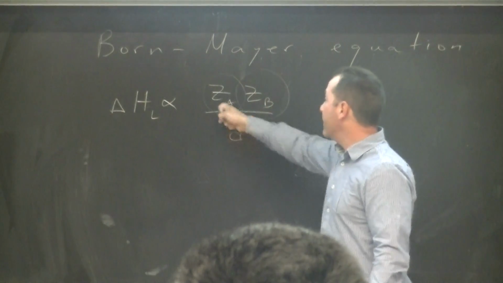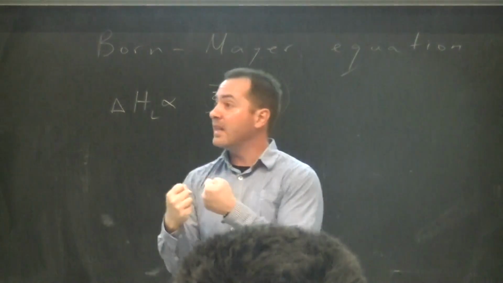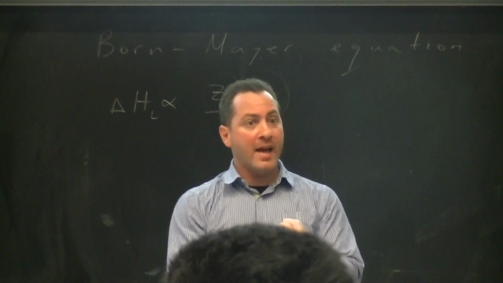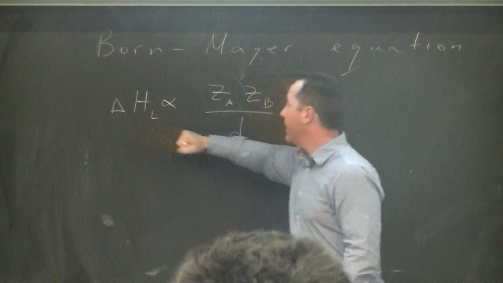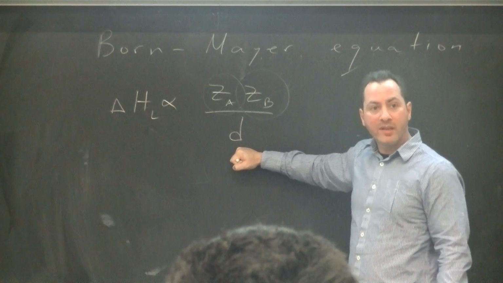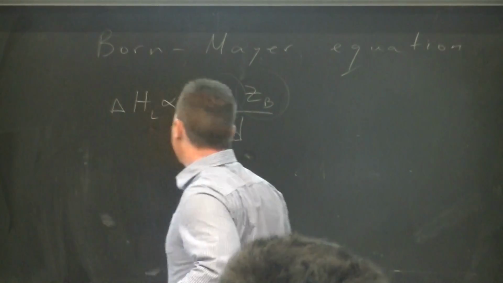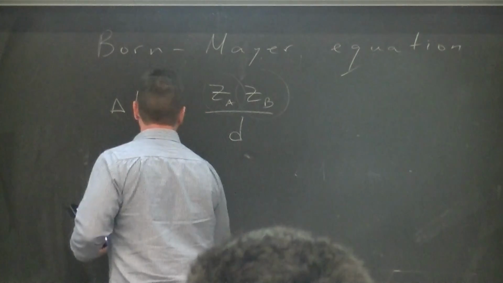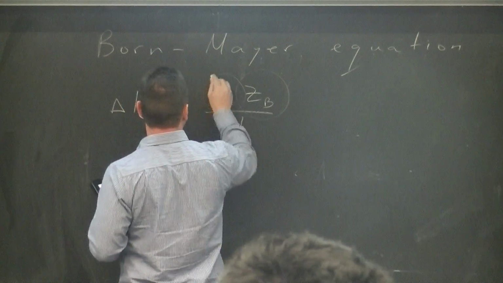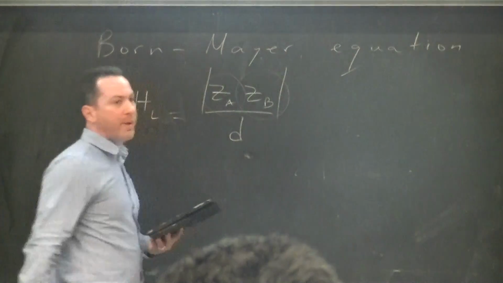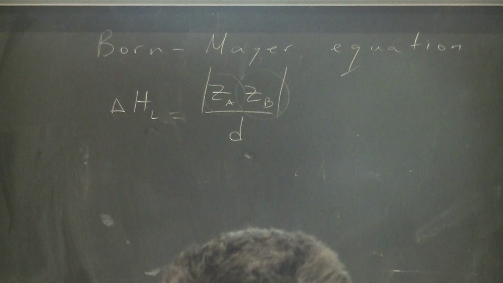Also, if the distance between the cation and the anion is small, it means that the interaction between them, the ionic bond between them, is extremely high. So that actually makes sense that the lattice enthalpy is inversely proportional with the distance. But okay, the full equation is this. The lattice energy is equal to the absolute value of the product of the charges of the cation and the anion